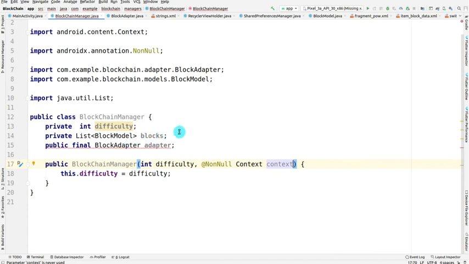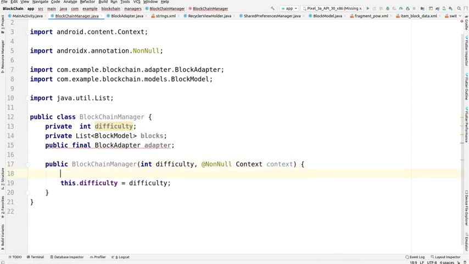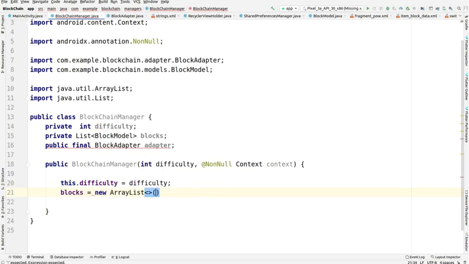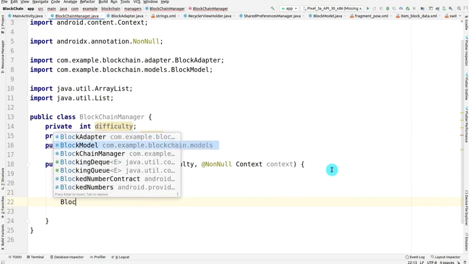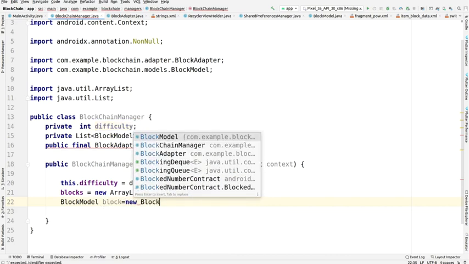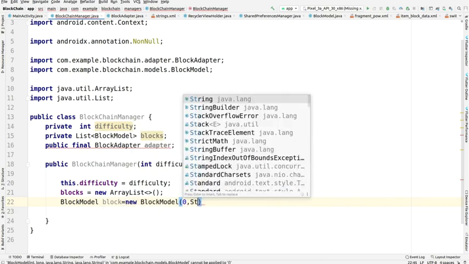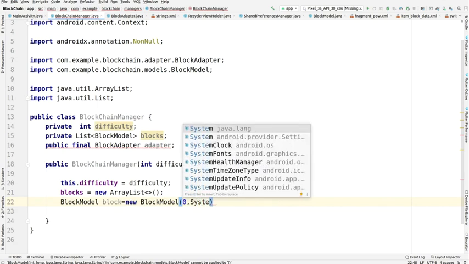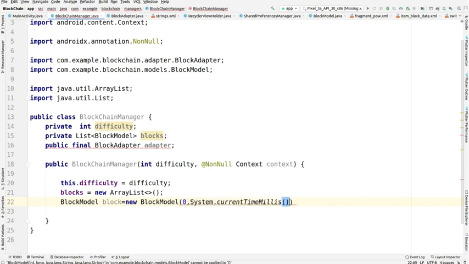So we have given the second parameter as context, and for now within this constructor we are also making an array list by using a new, and then this is block model object called block, and here we have created it successfully, passing the parameters as 0 and system dot current time in millisecond, and then previous hash is null.